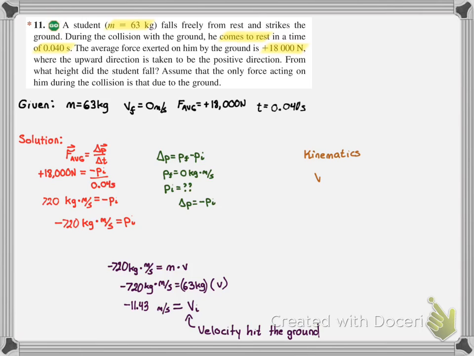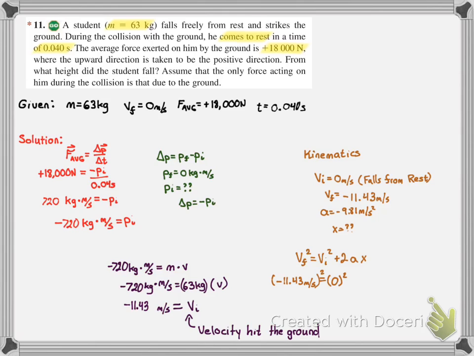If we use kinematic equations, we say his V initial was 0 because he fell from rest. His final is negative 11.43 meters per second because that's the velocity he hit the ground with. And we're trying to find our displacement, so we use our Vf squared equals V initial squared plus 2ax equation. We plug in our variables,